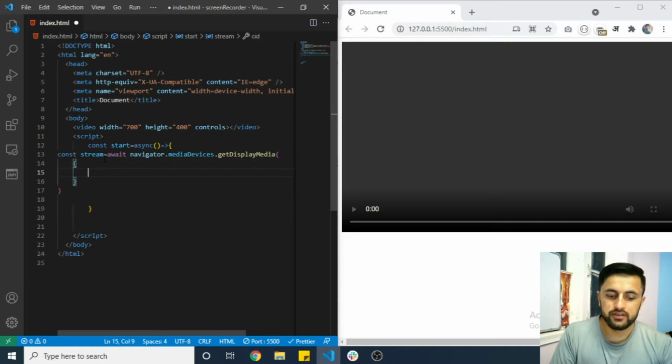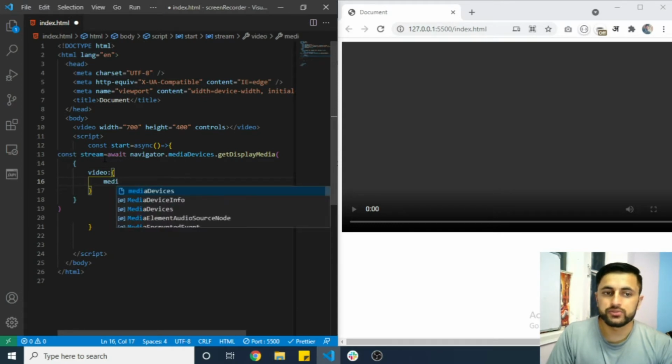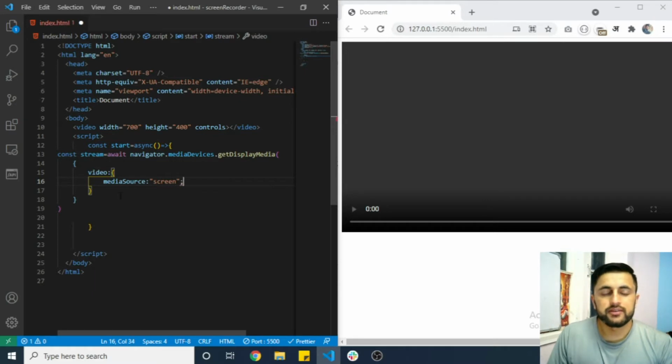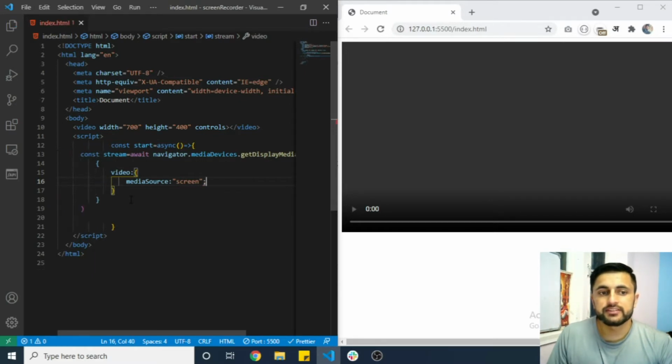Inside the object we're gonna pass that we need a video stream as of now only, and for the video stream we have certain options also. So we're gonna set the media source to screen, so that we can access the user screen. Yeah, so with this much code, if I save the page and reload the page,